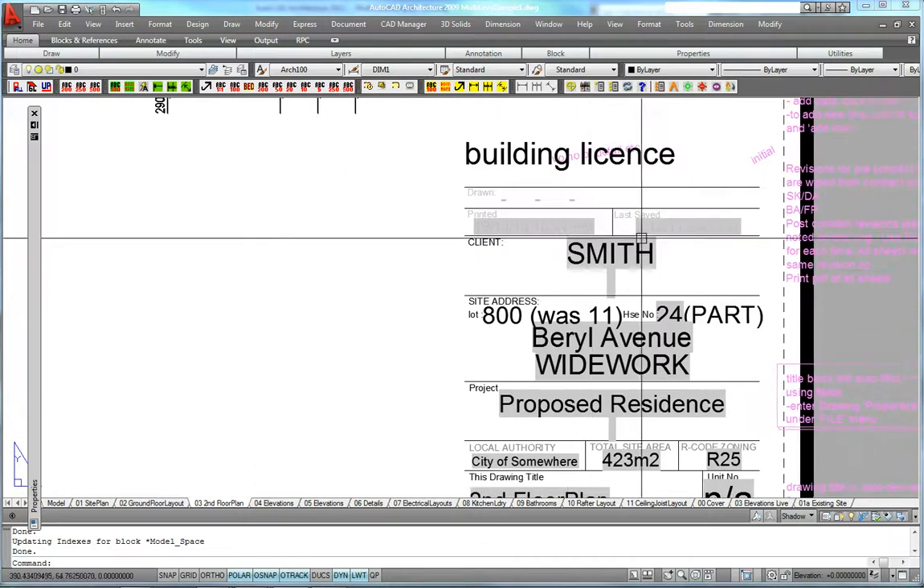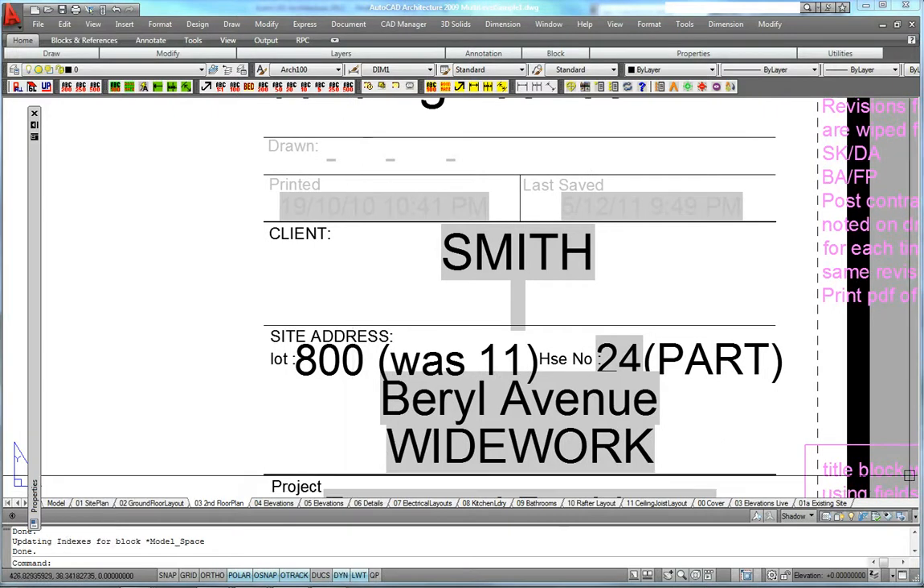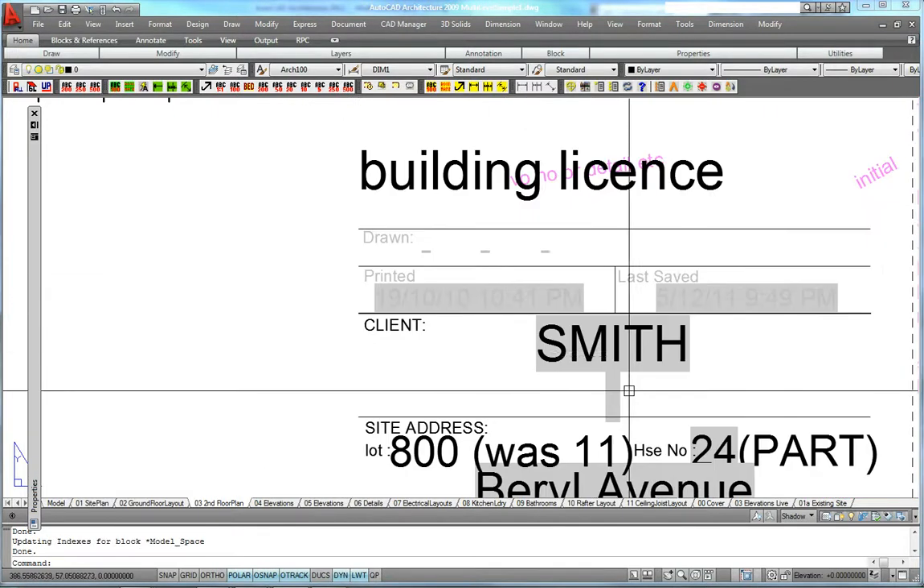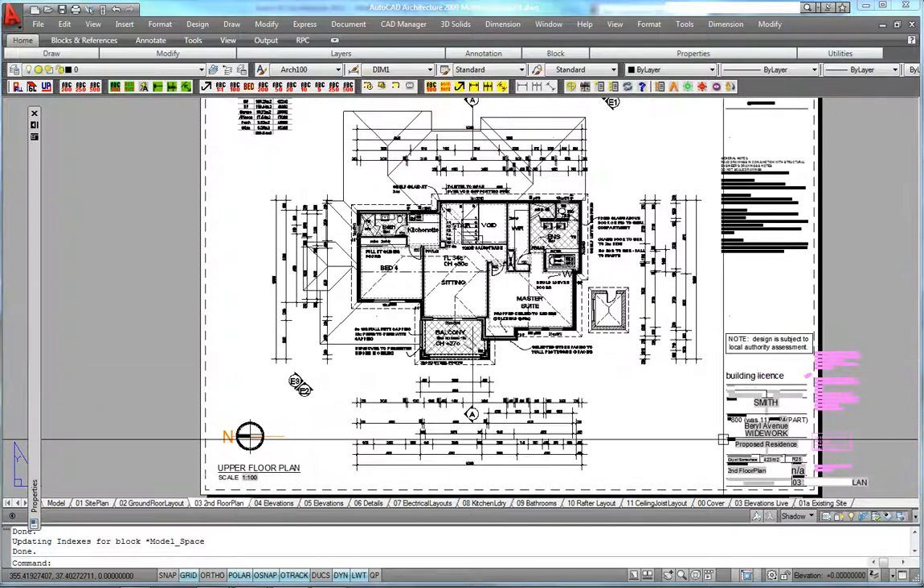If I misspell the client's name, or if clients get divorced and I've had to change the name, and you've got 60 sheets here, one step and they're all changed, all updated. Now that's going to emulate some of the benefits you get out of the